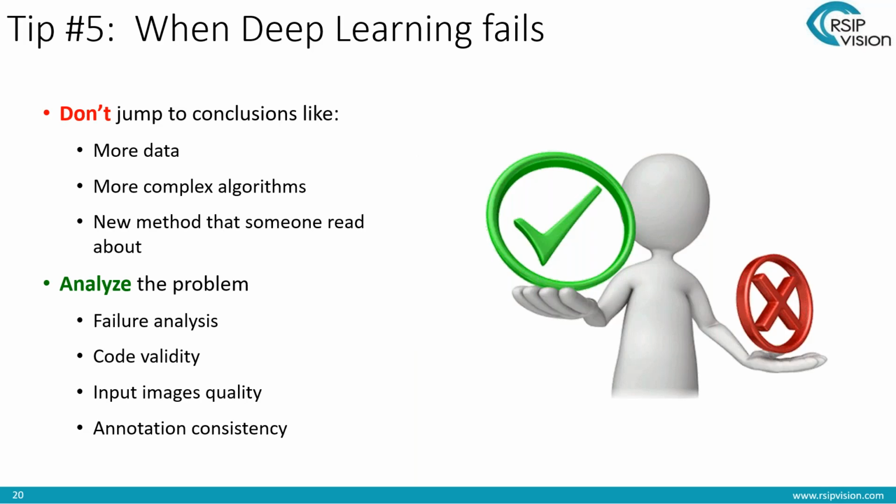Tip number 5, what happens when it doesn't work? It doesn't always work at first, when deep learning fails. So tip 5A is don't jump to conclusions like more data, more complex algorithms, new architecture, new method that seems cool that somebody read about in an interesting paper, even if it's by a leading researcher. You don't want to only think of the problem sort of from the outside, or to think of everything as a general purpose machine learning